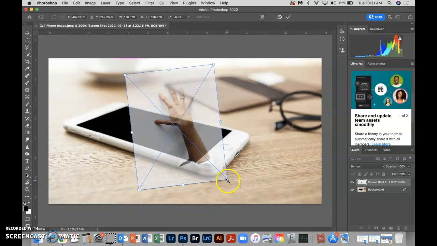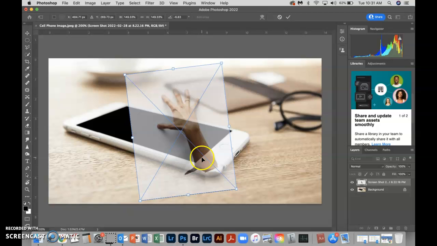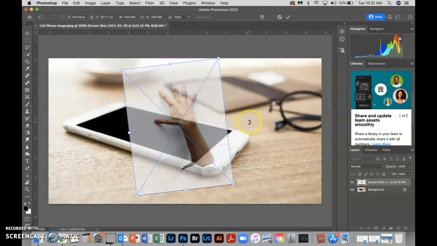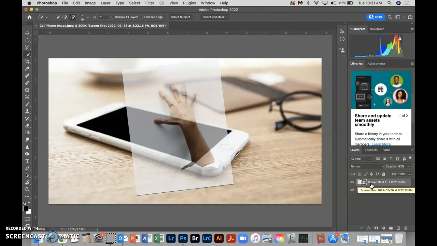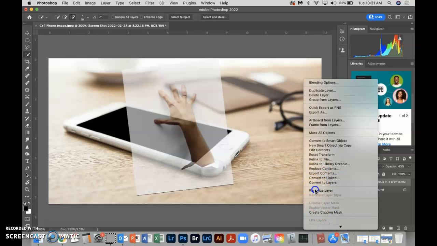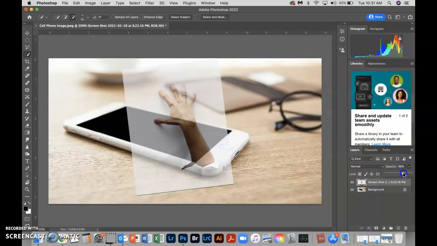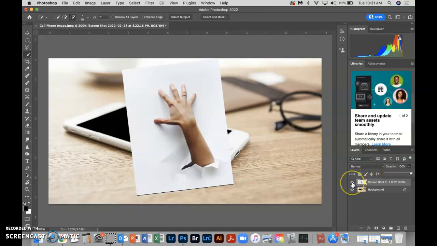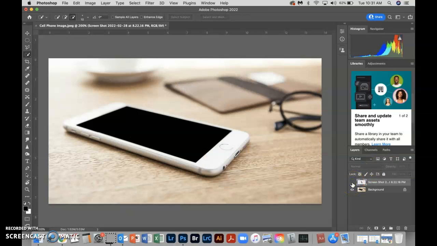And I want to utilize this corner here. Think about how this hand is going to be grabbing something. And then I hit return. I do a control right click on the layer and I'm going to go to rasterize layer. I'm going to turn my opacity all the way back up and hit the layer visibility is off, but I'm